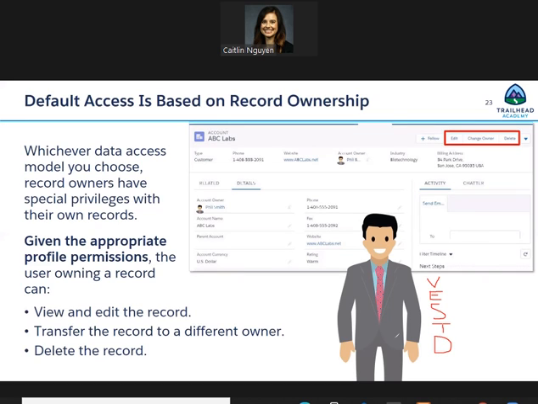So this character here, his name is Phil, and Phil owns this account. And as the owner of an account record, as the owner of ABC Labs, he gets special ownership permissions. And we like to remember this with VESTED, so no second E. But that VESTED stands for view, edit,